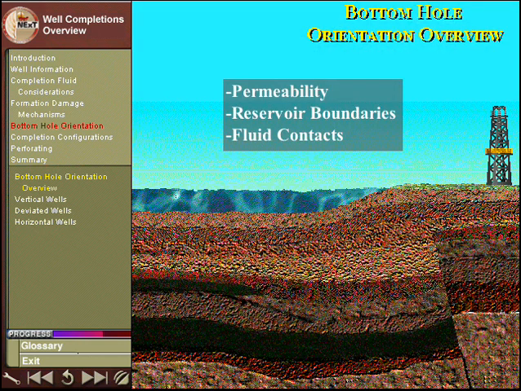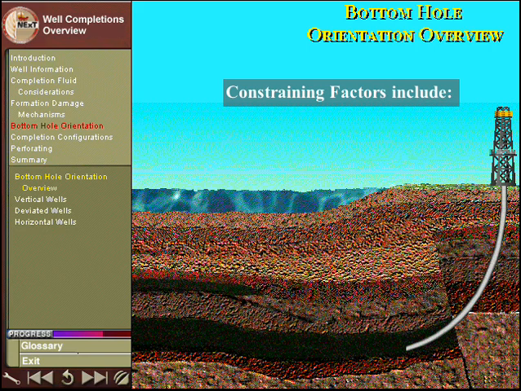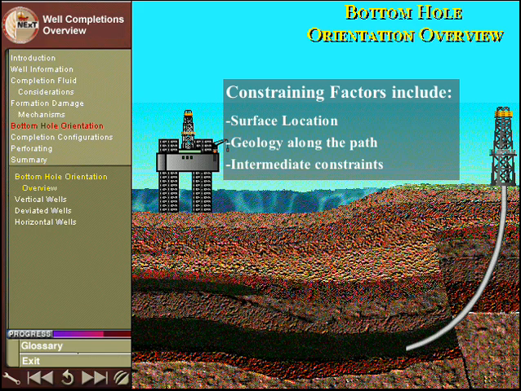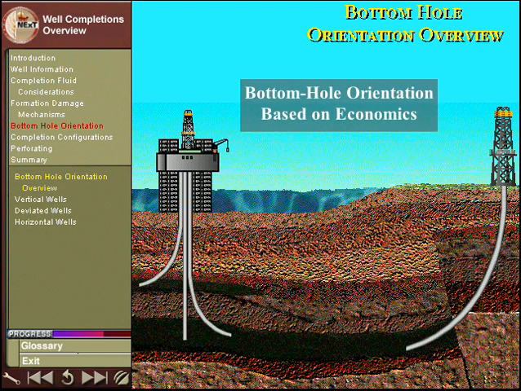The path selected must take into account permeabilities, reservoir boundaries, and fluid contacts. The ideal path desired by the reservoir engineer or geologist may not be economically feasible due to a number of other factors, such as surface location constraints, geology along the path, rig equipment limitations, and intermediate constraints such as faults and other wells. The actual bottom hole orientation is therefore one which will produce the reservoir most efficiently after accounting